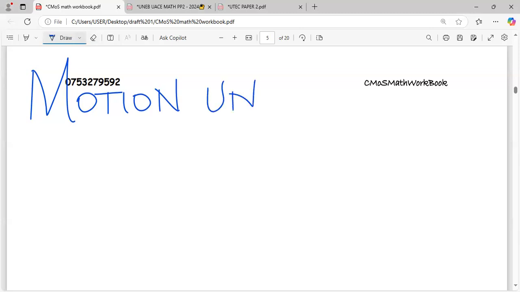Because you guys have just done unit vectors, so I believe they are nice. So motion and